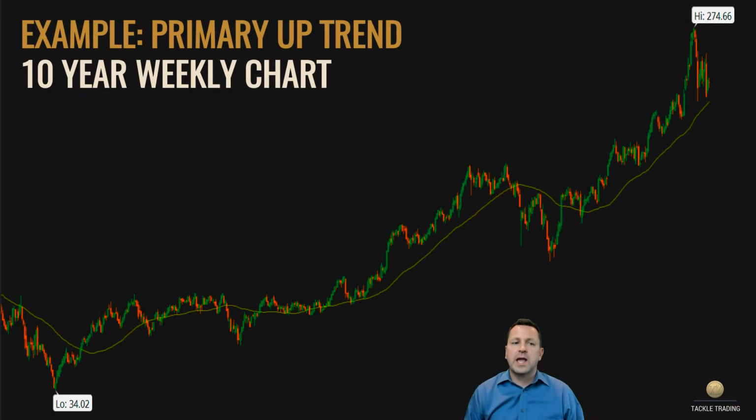So here we're looking at a 10-year weekly chart, a big macro uptrend. You can see the exact same cycles. I took the liberty of putting a moving average on there. So you see a moving average on the chart, and that's going to serve as kind of the mean. And you can see the oscillations around the mean. It's kind of a moving mean, but you'll see that same general pattern cycle here on a big weekly,